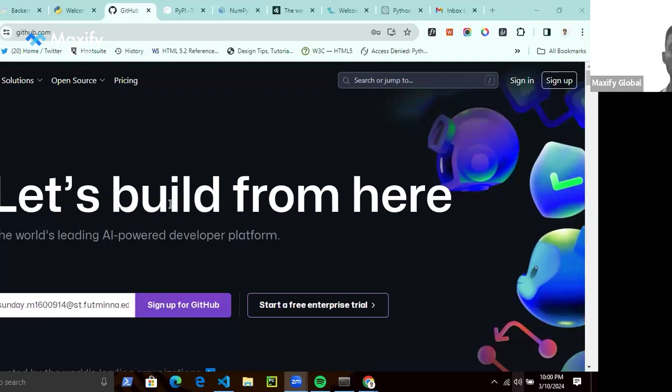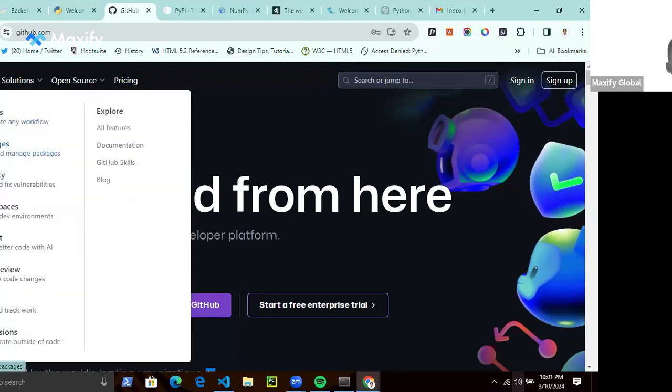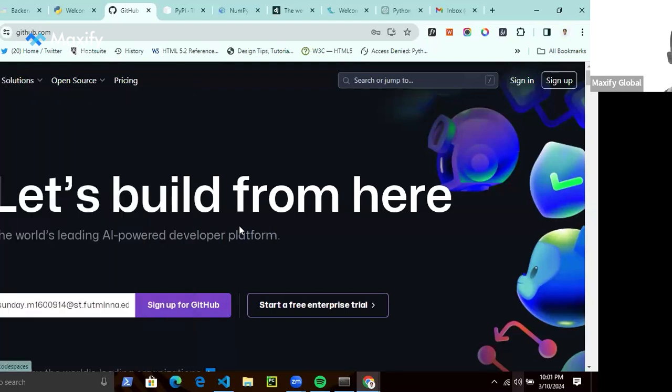So what GitHub helps you to do is to store your repository remotely. If you have a code base and you've initialized it as a GitHub repo, GitHub essentially helps you to save those changes on a remote server. Then it also helps you with collaboration with your peers. You can also see and explore other people's code. You can create an organization. You can even host your project on GitHub.